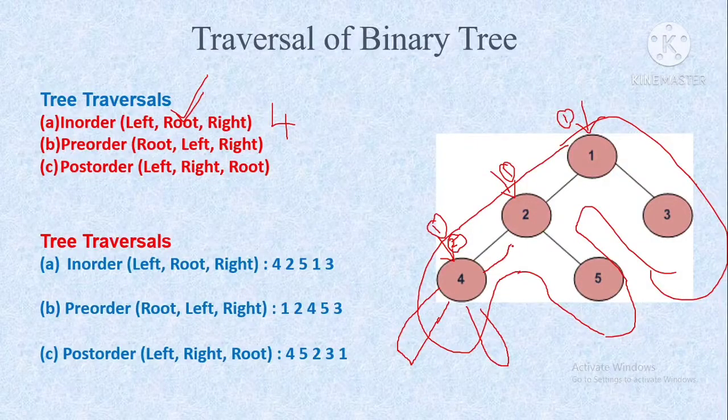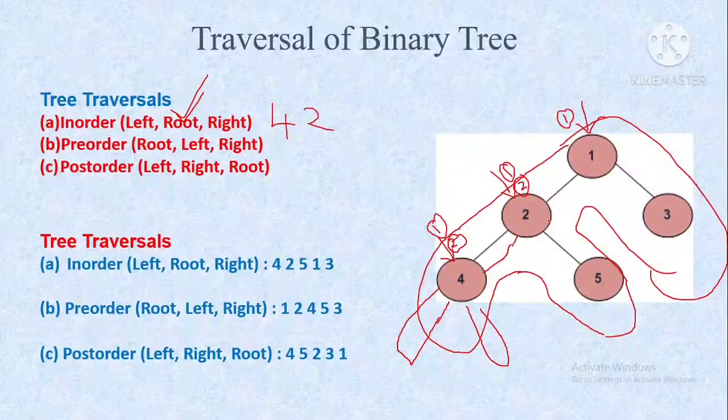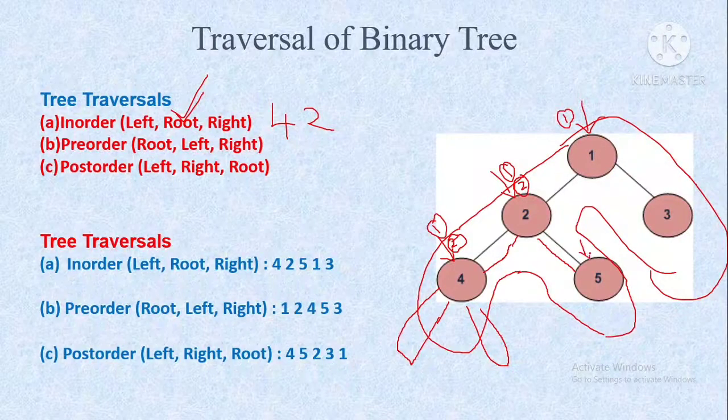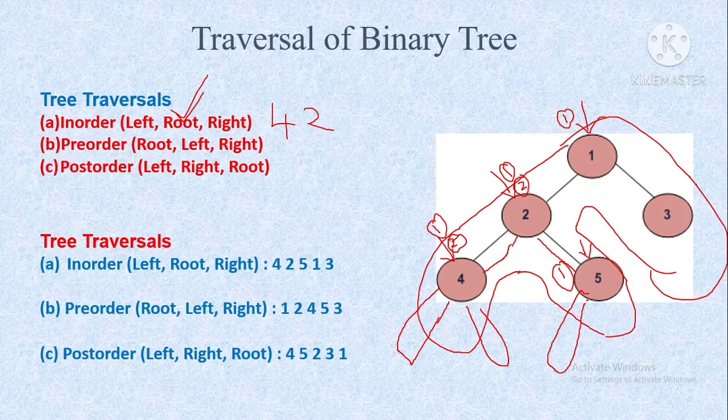Okay, and now you are going to this particular node. So second time you are visiting this node, so immediately you write it. And then again you are going to this particular node for the first time only. First time you are visiting this, you will not write. After visiting the left subtree, second time when you visit, then you will write this 5.